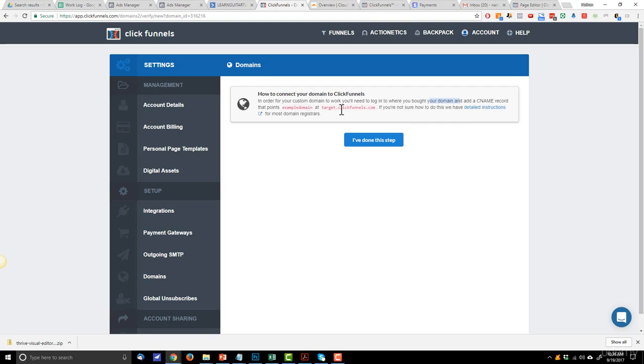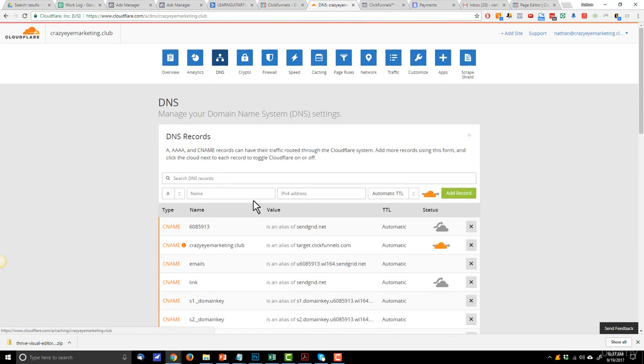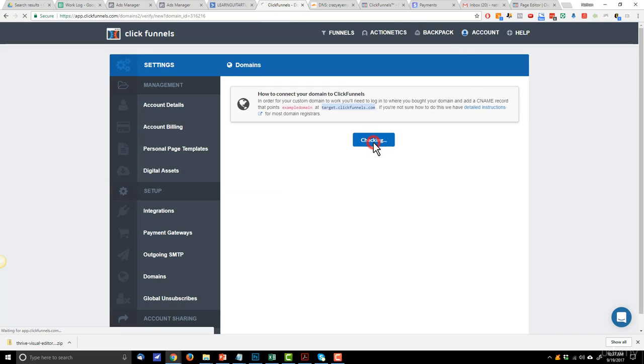And they have detailed instruction for most registrars, so you can go ahead and follow these. Now, since we're running our domain through Cloudflare, we're going to go ahead and update or add a CNAME record in Cloudflare. So we got example domain pointing to target.clickfunnels.com. So let's come in here, go to our DNS options, go ahead, select CNAME from this drop-down menu, and it's example domain pointed at target.clickfunnels.com, hit add record, come back over to ClickFunnels here, say I've done this step, and